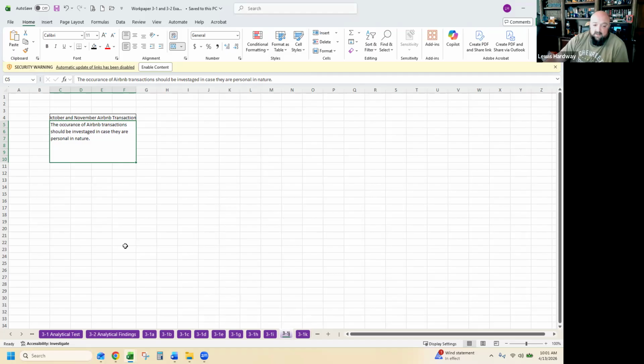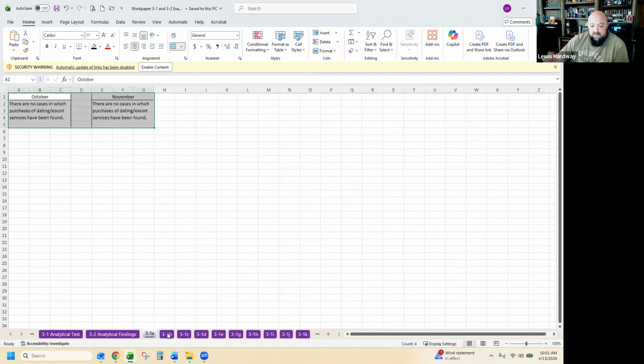I would have liked to have seen something like, okay, here are the 3 transactions that should be looked at. I would argue that in this kind of instance, you should do just a little bit more. At least list out, hey, here's what we're talking about. You should go investigate these.